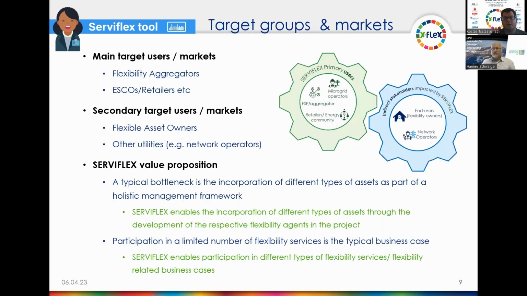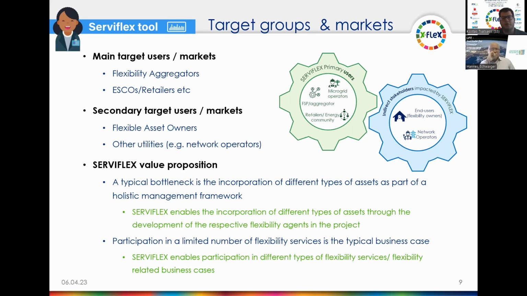Focusing now on the target groups for the SERVIFLEX tool, as well as the key value proposition for the tool. Unavoidably, the key target stakeholders are the aggregators. That is a new role in the energy market, focusing on aggregating the flexibility of different assets and making this flexibility available at the different flexibility markets. Of course, additional traditional stakeholders like ESCOs and retailers can take the role of the aggregator and therefore get